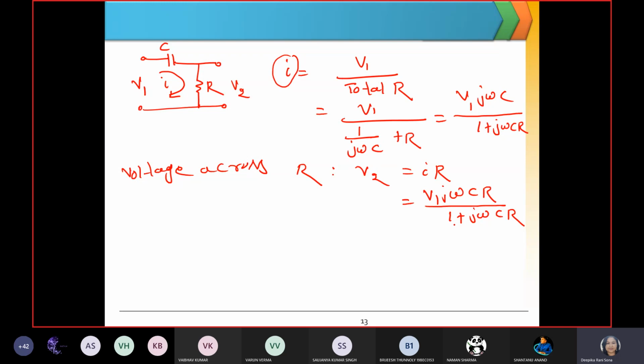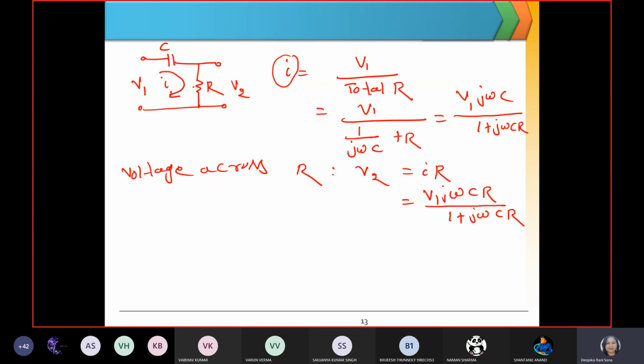Now we are going to use this concept in the 3 stage RC network. Now I'm going to draw the circuit. Shall I erase this, or I will introduce one more new page, because I have to write. What do you say, guys? Say me quickly. Erase. Okay, better. Just remember how we got the value of V2 as V1 j omega CR whole divided by 1 plus j omega CR.